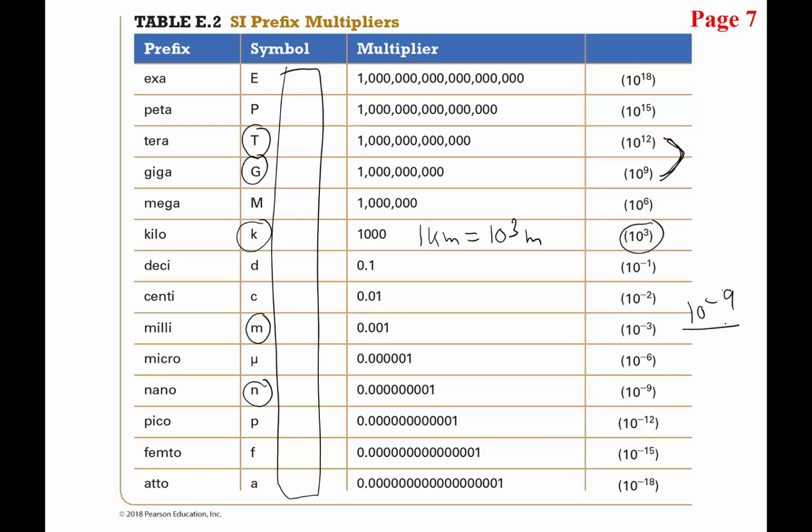You're going from 10 to the minus 9 to 10 to the minus 3. And so minus 3 minus minus 9 is 10 to the minus 6, right? So 9 plus 3, minus 9 plus 3 is 10 to the minus 6, so that means that 1 nanometer, little n, little m, meter equals 10 to the minus 6